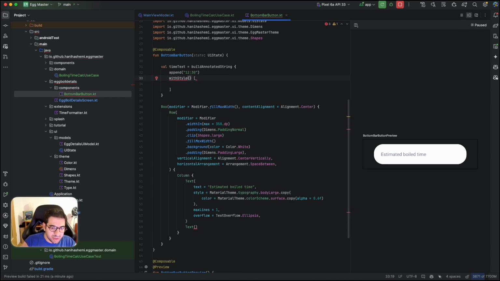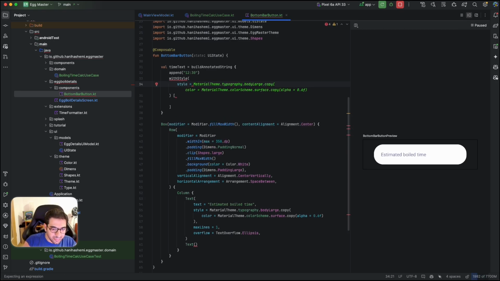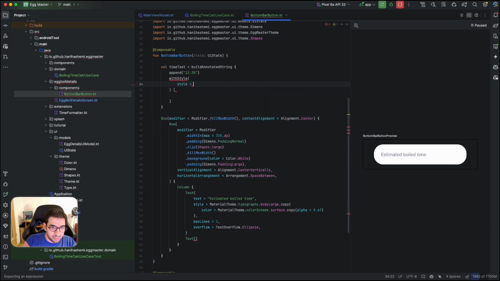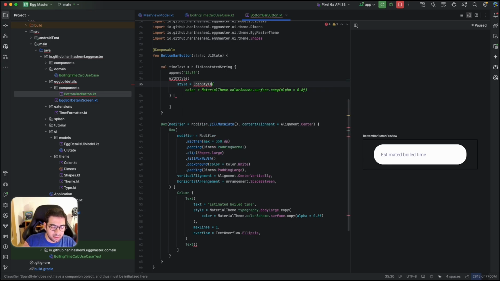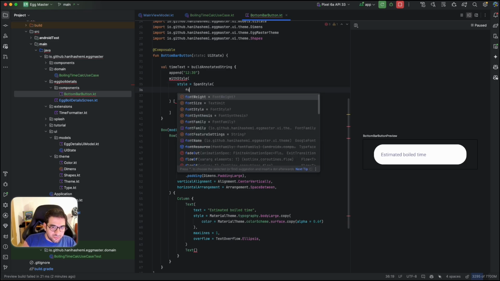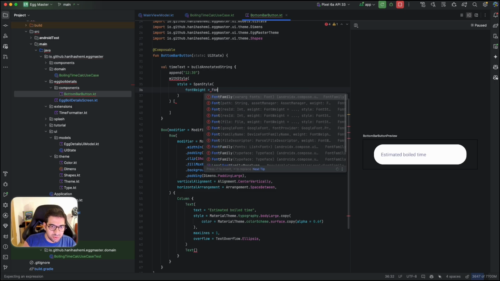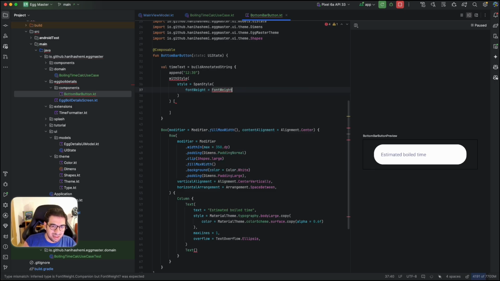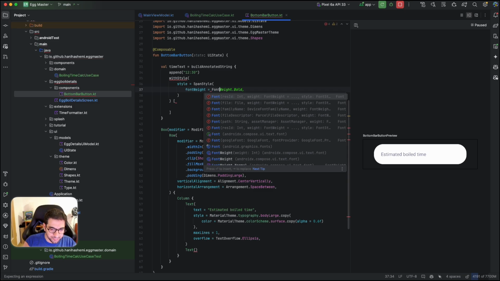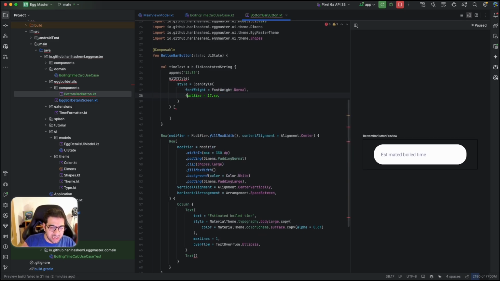The style that I'm going to use is span style, right? Font weight, so whatever we are using, we are going to just change it a little bit here. Font weight normal, and we are going to have font size, it's going to be 18 sp,